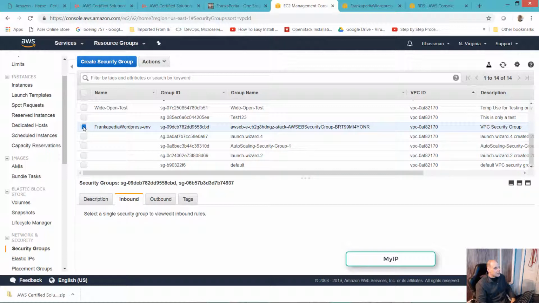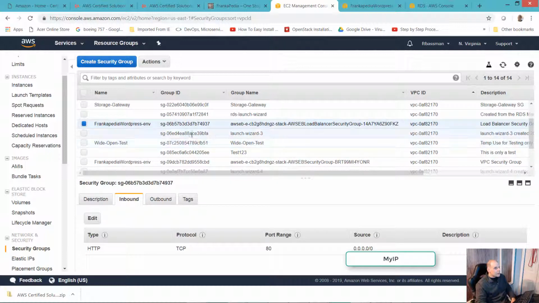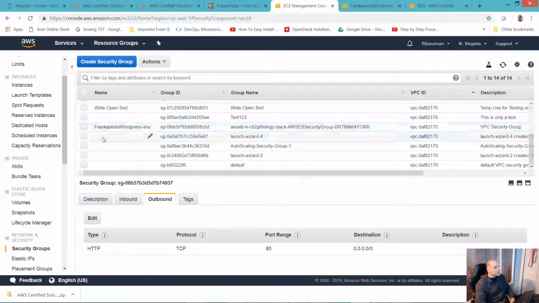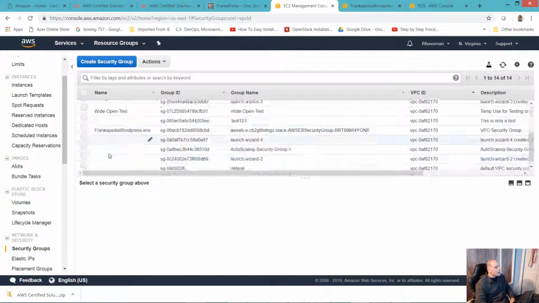Here's this one here, the load balancer security group, and it's only allowing HTTP from the world. It has an outbound rule defined as well, which is really not necessary, I don't think, but I should know that. It's a stateful firewall since it's a security group, but it's defined anyway.